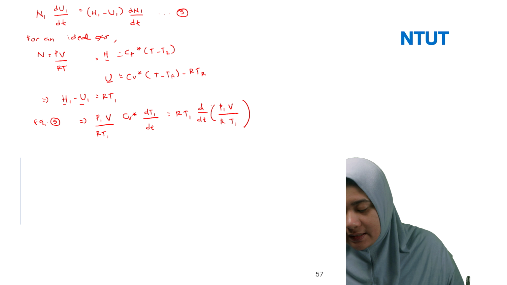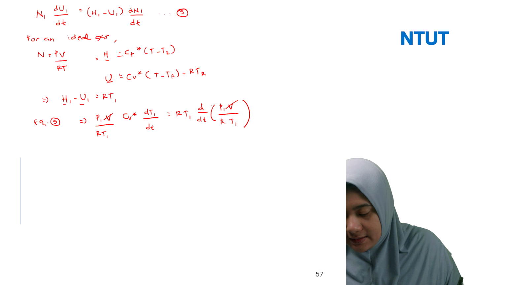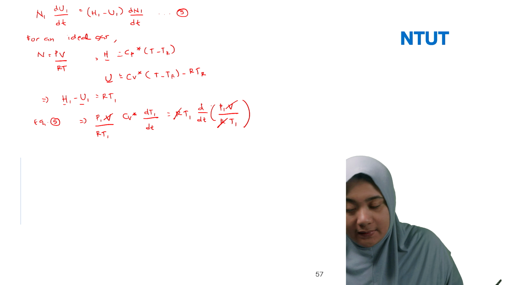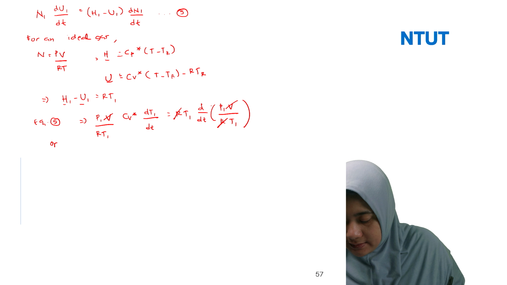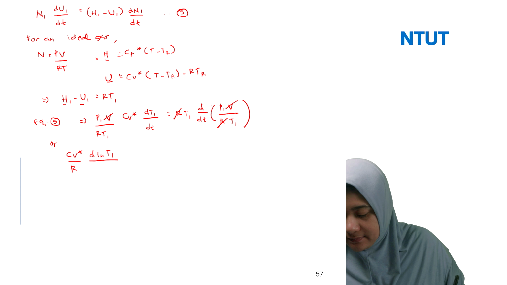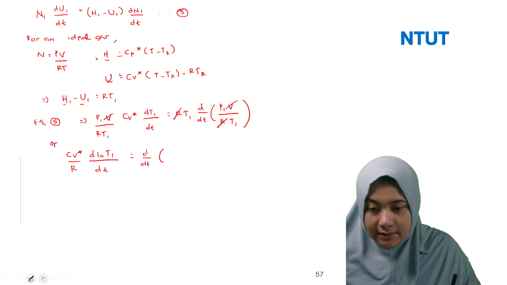So you can cancel these out here. You can remove V, and R is the same. Then we can rewrite it as Cv asterisk divided by R times d ln T1 divided by dt, equal to d divided by dt of ln